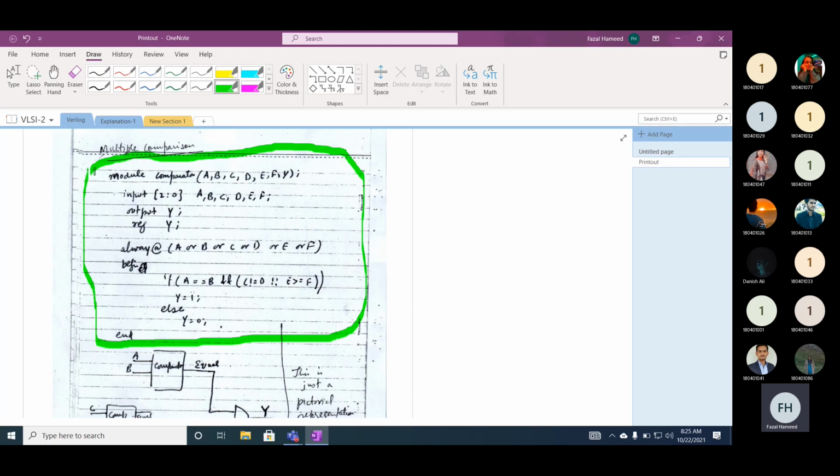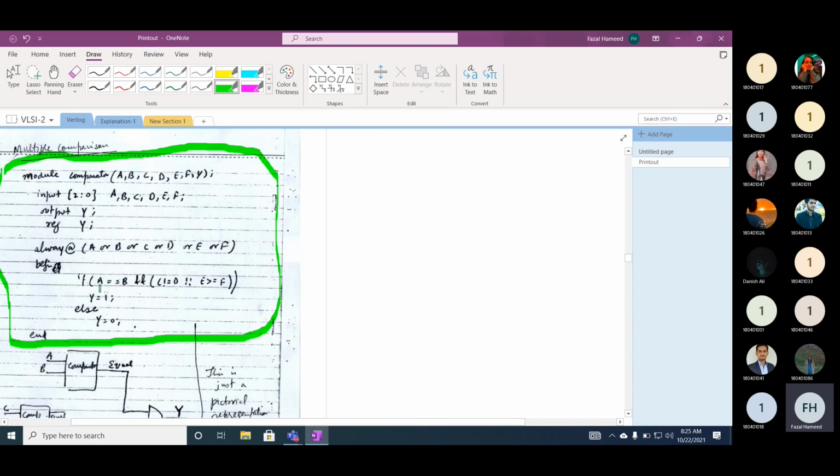Now we have an if statement and an else statement. What will be inferred in hardware? Muxes, additional hardware? Comparators. Which type of comparator? Equal, not equal to, and greater or equal to. Okay. So if you look at the code,